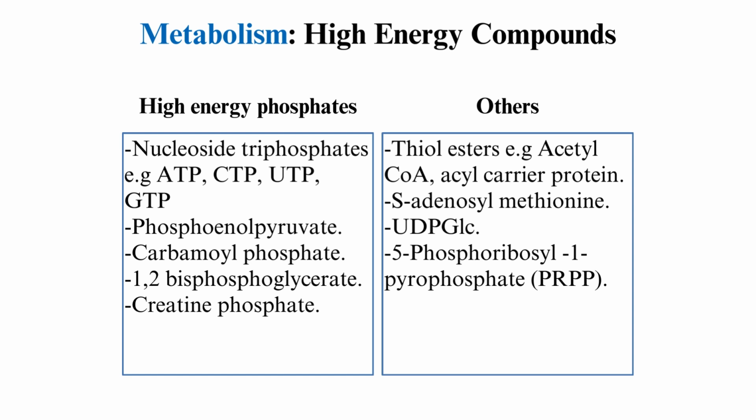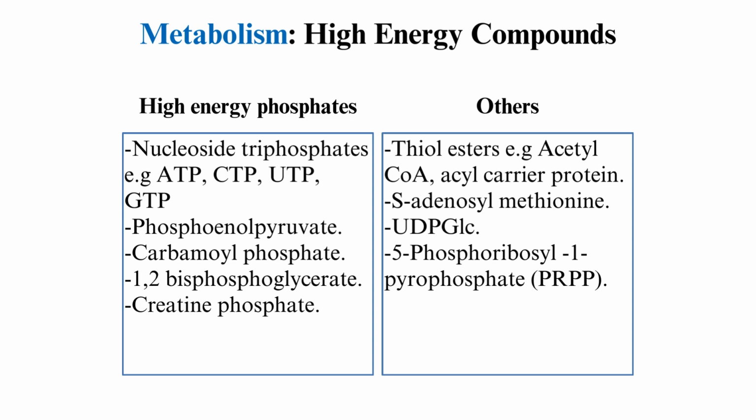High energy compounds are many. The ones that you are going to come across as we discuss the various metabolic pathways will be high energy phosphates, at the top of which are nucleoside triphosphates such as ATP, CTP, UTP, and GTP, phosphoenolpyruvate, carbamoyl phosphate, and 1,3-bisphosphoglycerate, and creatine phosphate, not creatinine,